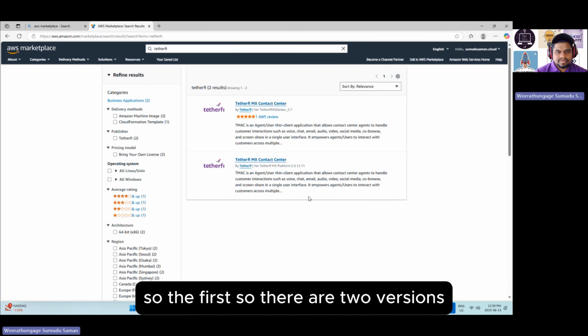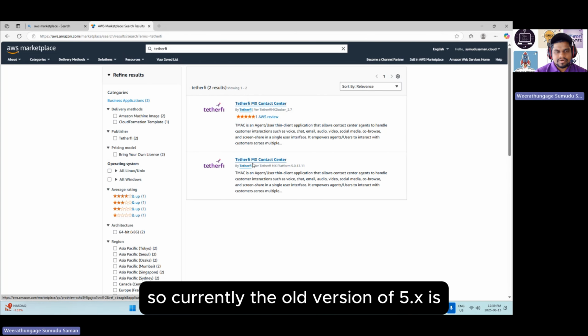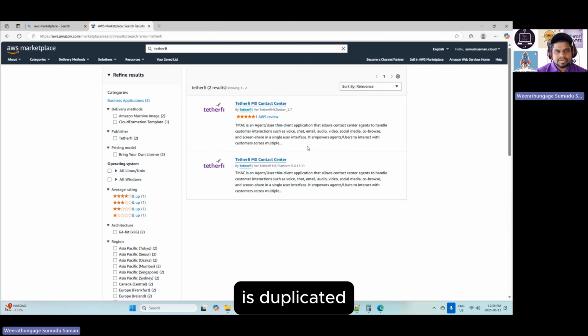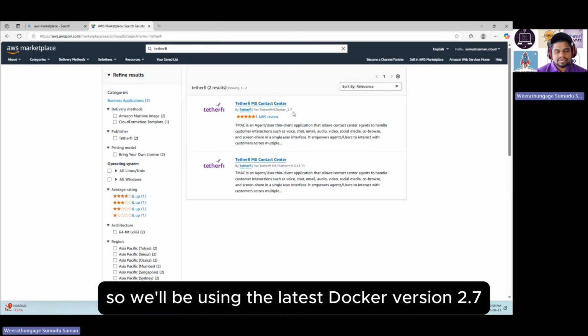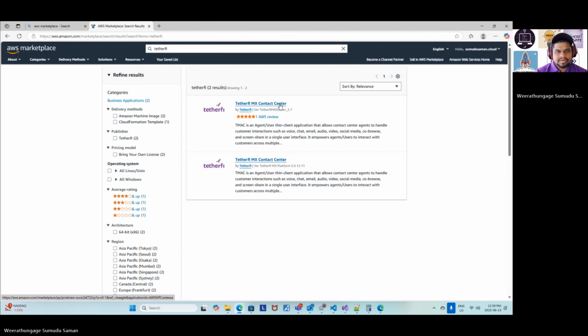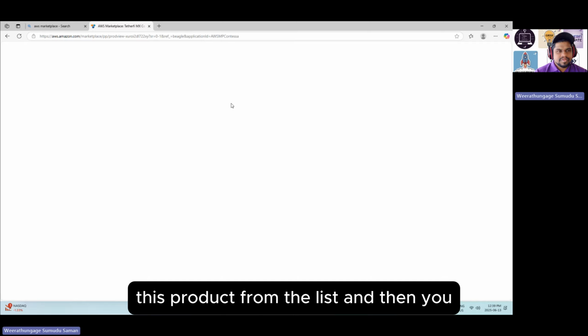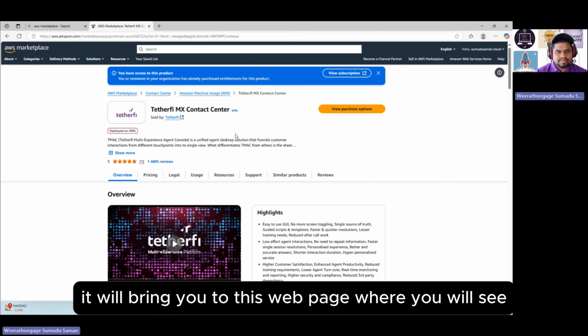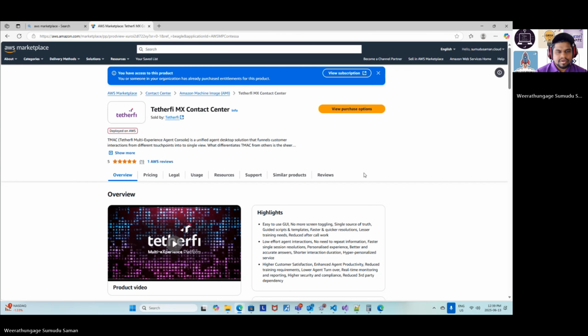So there are two versions. Currently the old version, 5.x, is deprecated, so we'll be using the latest Docker version 2.7. What I'll first do is select this product from the list, and then it will bring you to this web page where you will see more